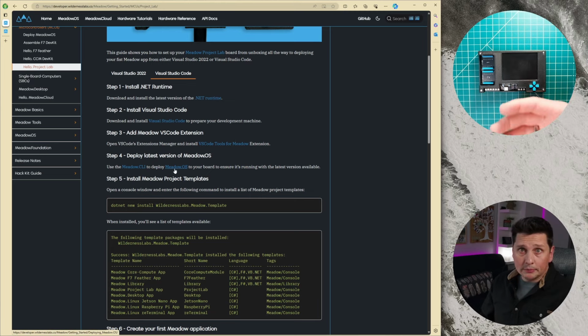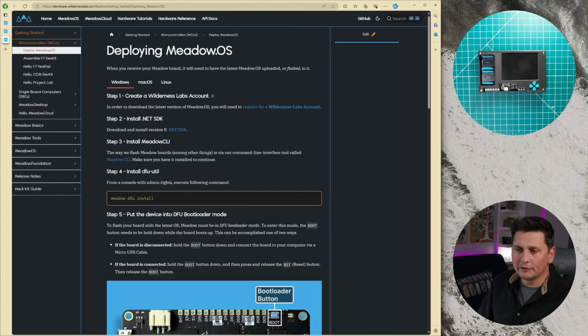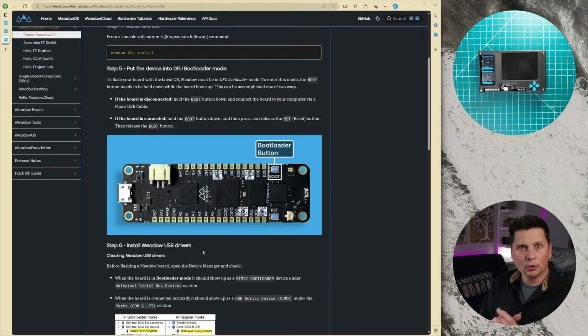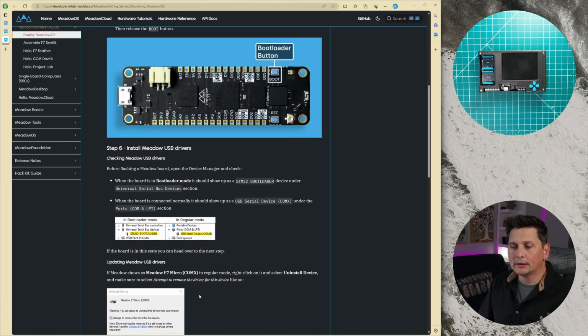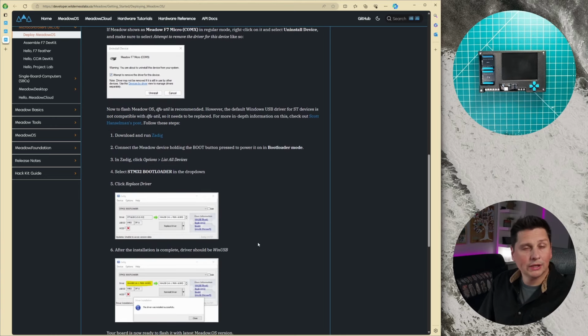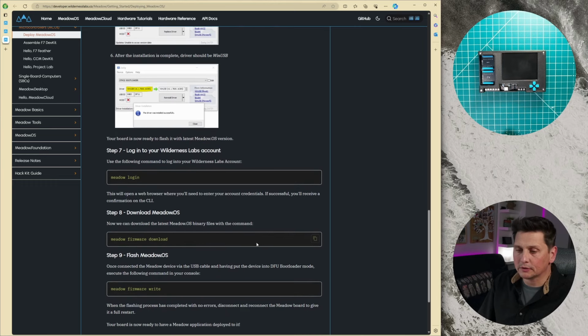The first step when getting the board is to install Meadow OS, or at least the latest version of Meadow OS, which requires flashing the board. It takes about 5 minutes to do the process. It's using the CLI tool, DFU tool I just talked about real quick. You put the board in a bootloader mode and then establish connectivity through DFU to flash the new firmware that you can download. You need to have an account on Wilderness Labs website in order to access the latest version of the firmware. No big deal here. It will not ask for your credit card. It's just a matter of providing the best support and experience for everyone.